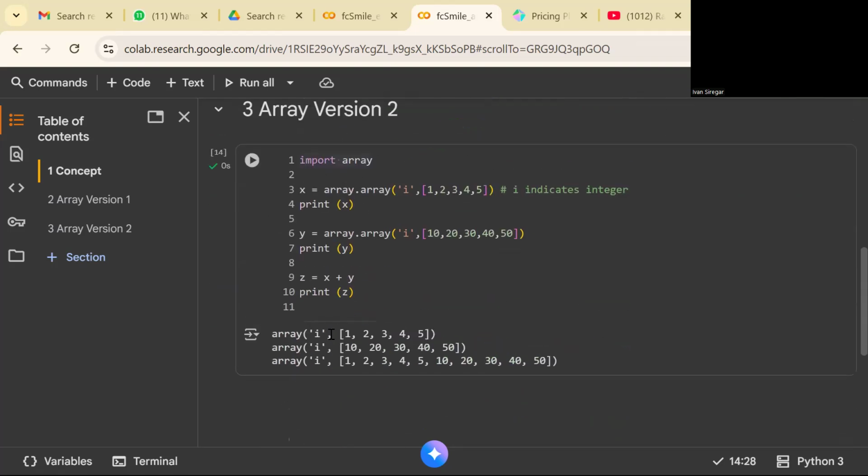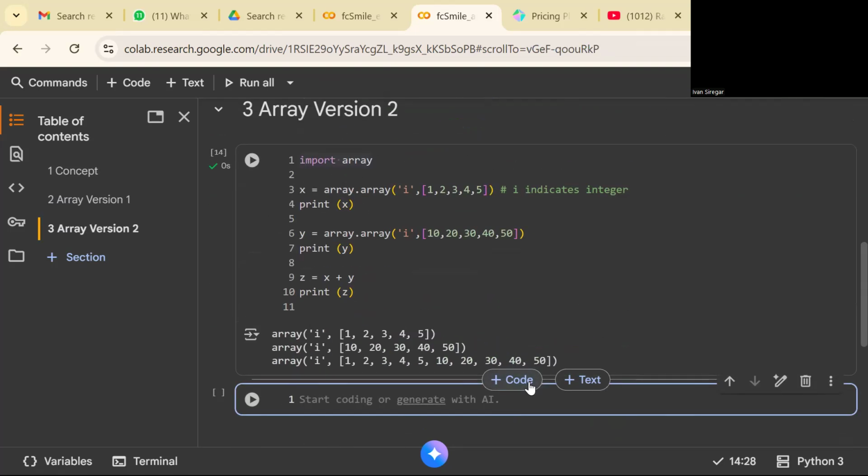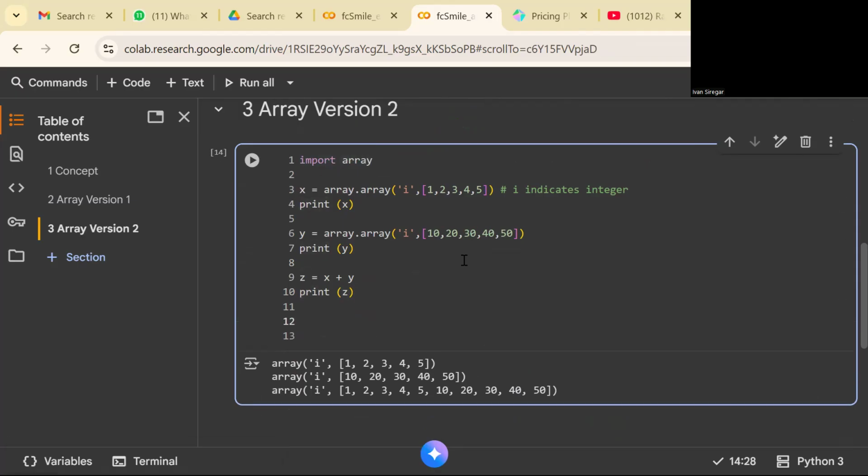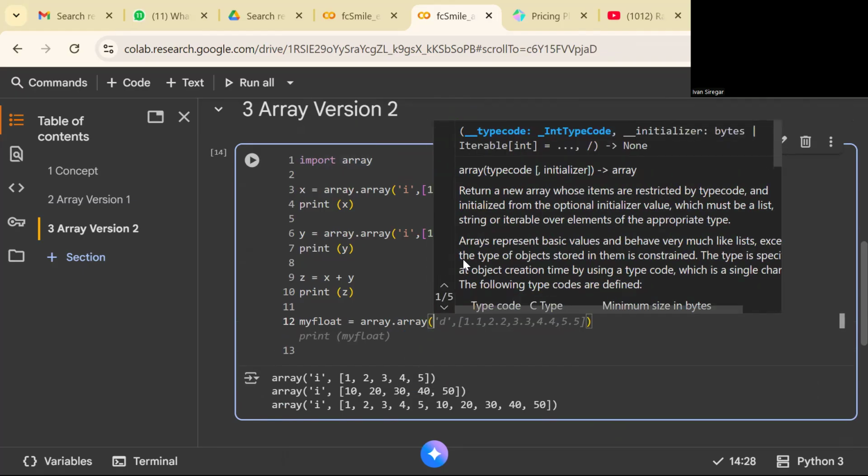So we continue with the next one. Let's say I have F for floats, my float is an array, and you do array here, which is the float.